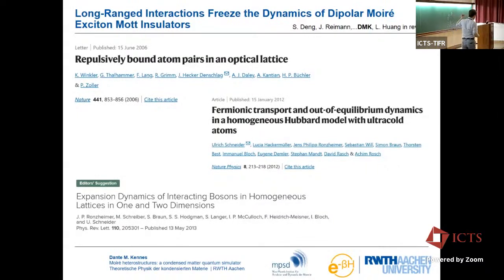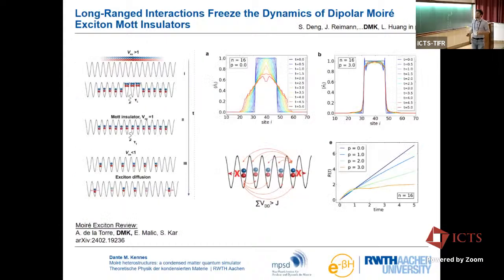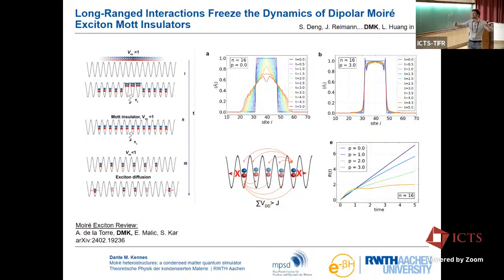Because these are cold gases, this was all done in situ. We have long-range interactions, dipole interactions. The basic effect is actually not so weird. If you create a bunch of excitons, you make many of them, they will fall into this underlying Moiré lattice. Yeah? And then you have lattice sites where they are doubly occupied, and lattice sites where you have only one exciton, just by the profile of your laser.